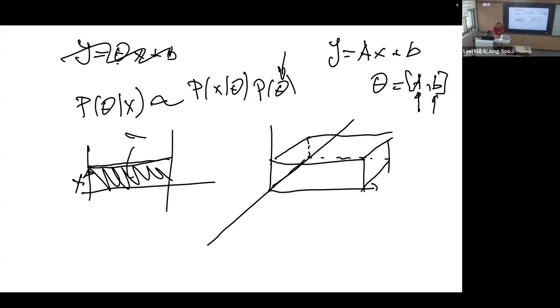But also now the volume inside here must be 1. This means that the height of this cake will be thinner. And if I go into multiple dimensions, the height of this now higher dimensional cake will be thinner and thinner